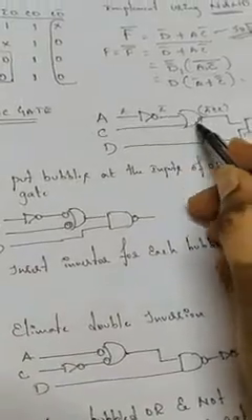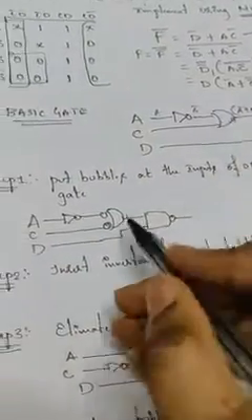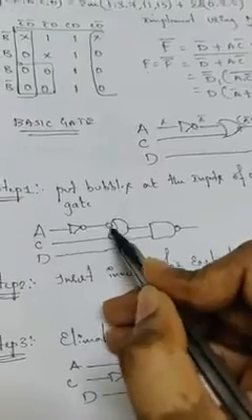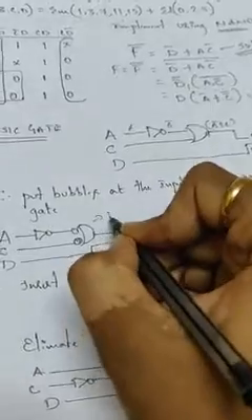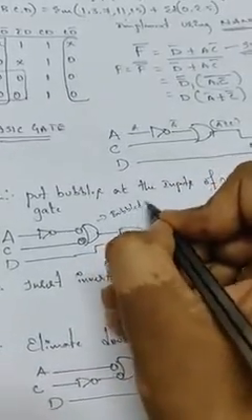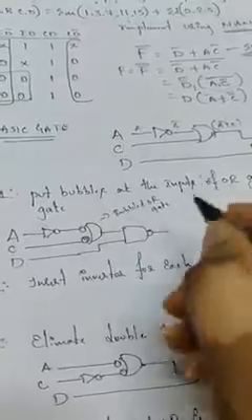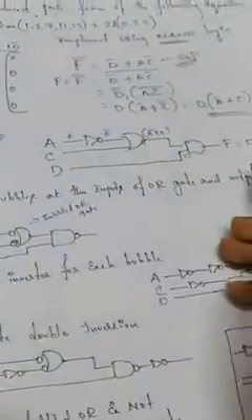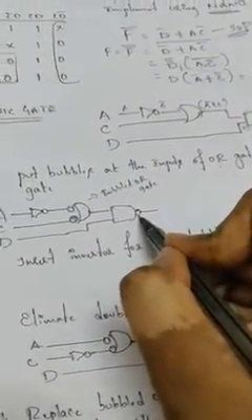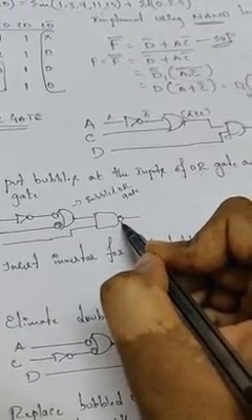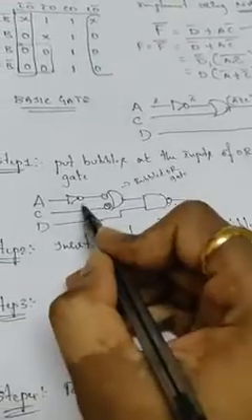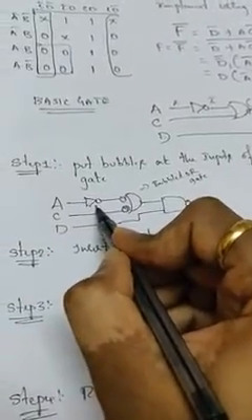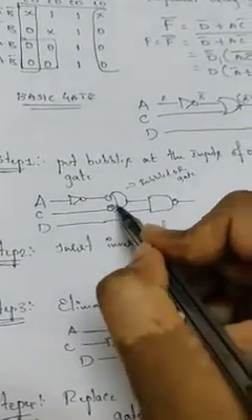So we have an OR gate here, so you need to put a bubble for the input of an OR gate. I added 2 bubbles at the input of the OR gate. We call this a bubbled OR gate. Remember, bubbled OR gate. And what else? Output of the AND gate. I have added a bubble at the output of the AND gate. This is the first step: input of an OR gate and output of an AND gate. Don't do anything with a NOT gate. Just put a bubble for the input of an OR gate and output of an AND gate.